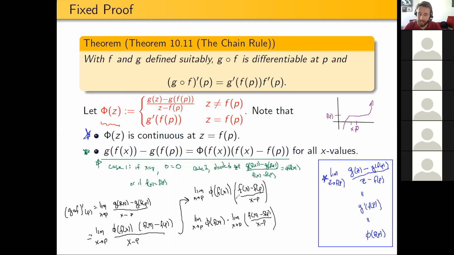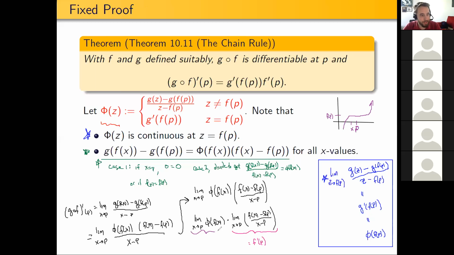And now we can do the same thing that we did in the previous false proof, but without potential incident. So just like before, this piece, the limit does exist, and this equals f prime of p. And for this first piece,